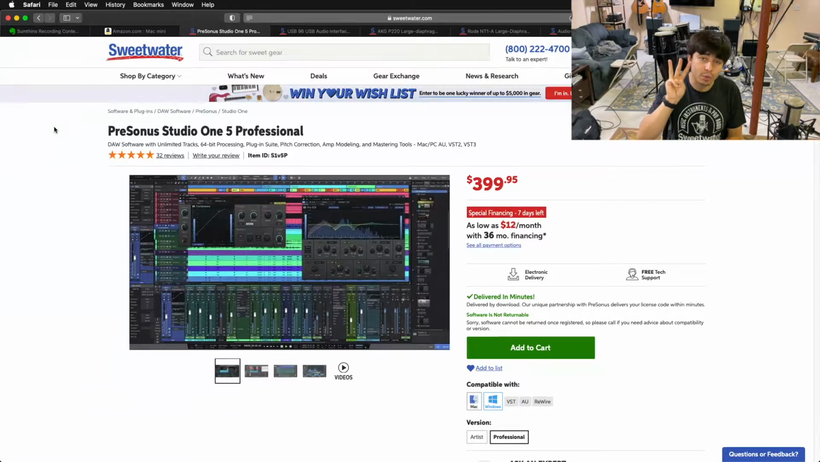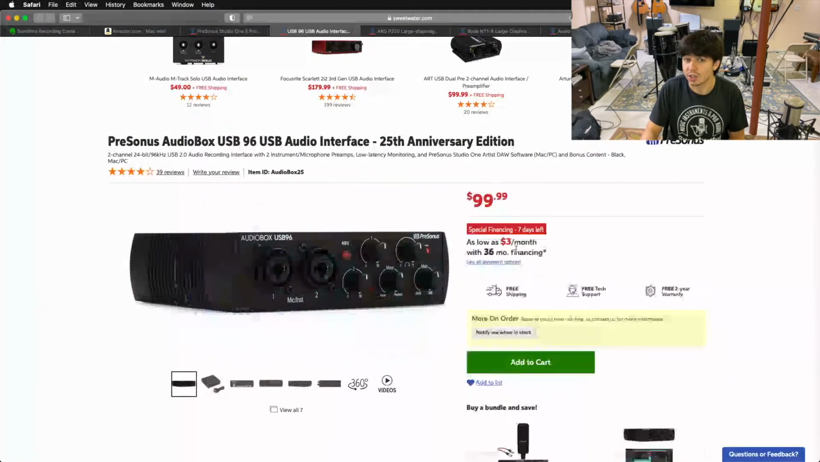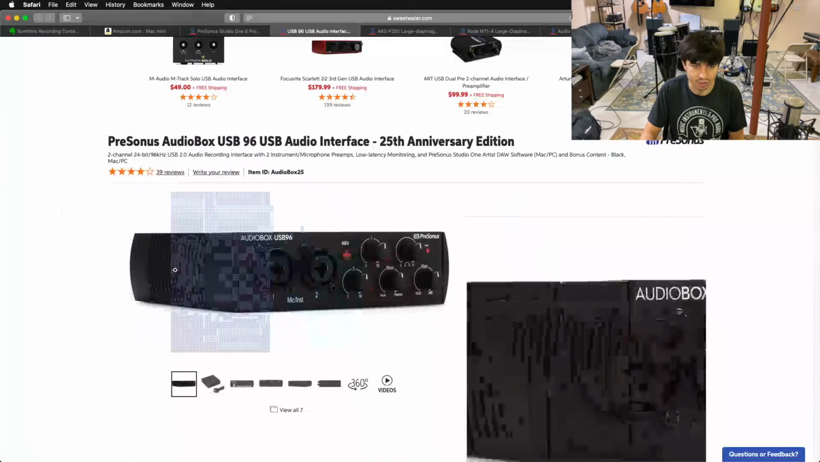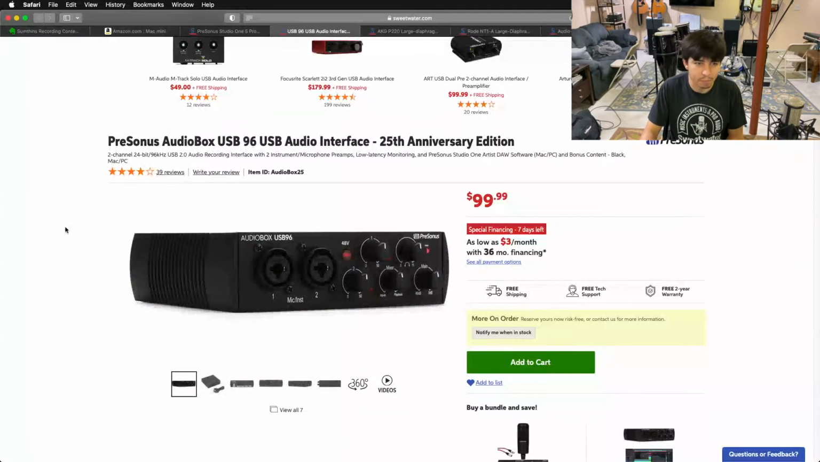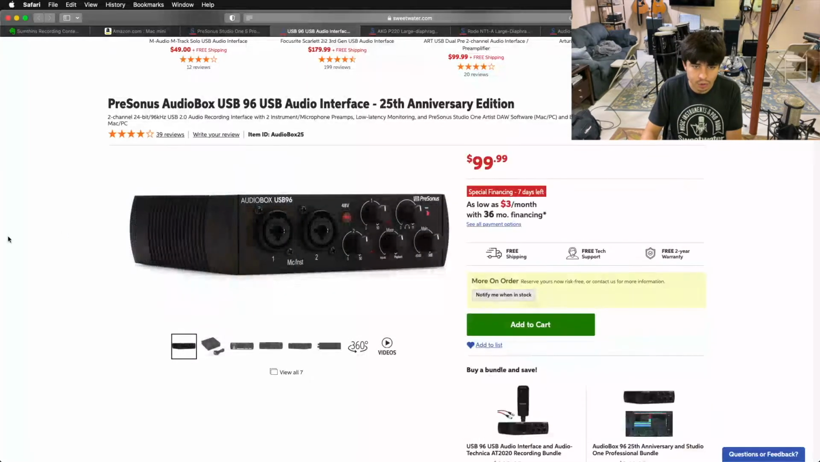Key component number 3 to a pro home studio is your audio interface. Now, I started out with the AudioBox USB. I started out with actually an older version than the 96 here. It was a blue metal box like this, but it had the same components and the same kind of knobs here. So this is just a 2-channel interface, which is more than enough to get you started in your home